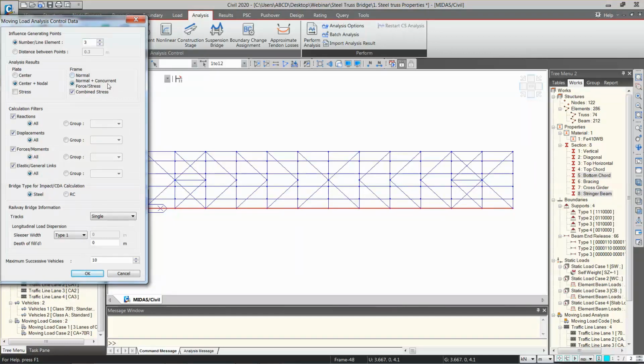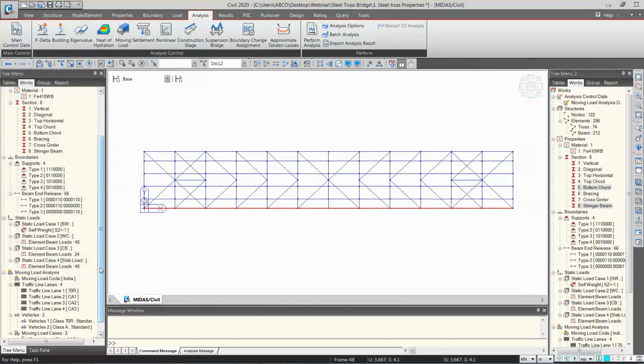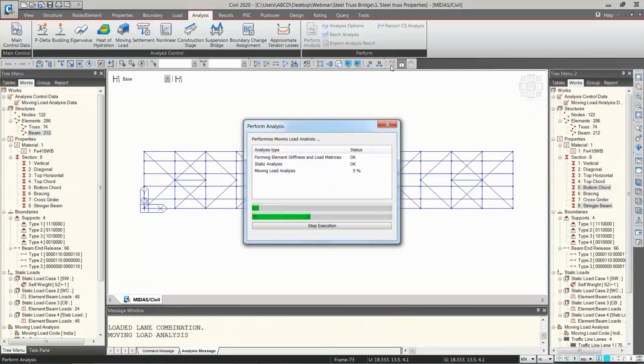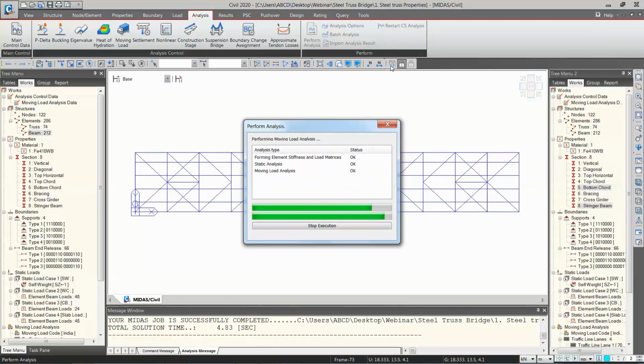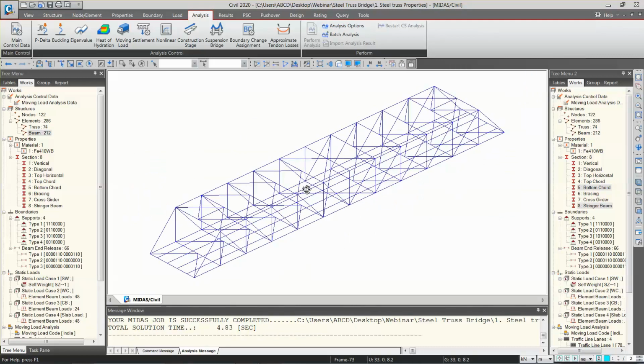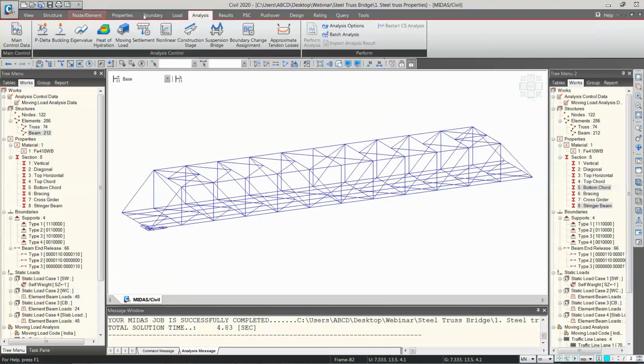And we want to see normal plus concurrent stresses as well as the combined stresses, and then click on OK. Okay, so now the last step is to analyze it, so I'll click on analyze. Okay, now let's check the results.